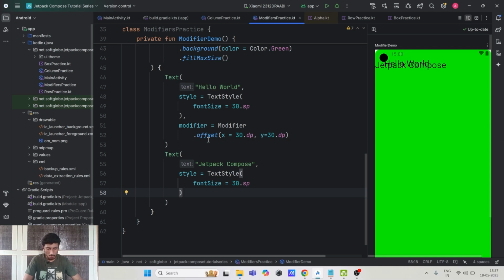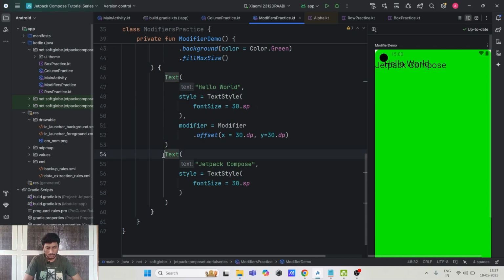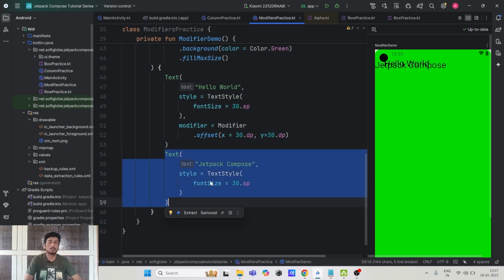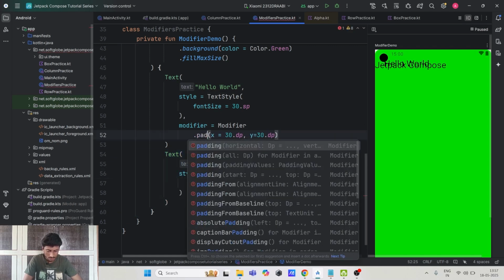We have another attribute also, padding. We have already used that padding, but in order to show the difference between offset and padding: if I give an offset with x and y as 30 dp, then it moved towards here. This hello world text composable has been moved, but it didn't move the Jetpack Compose, which is another text composable. But if we use padding here with the same values,